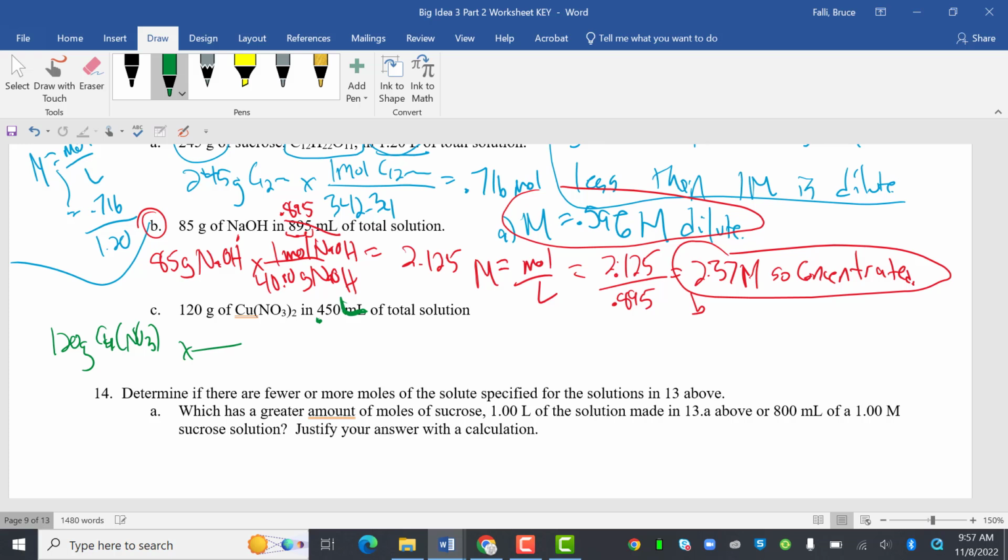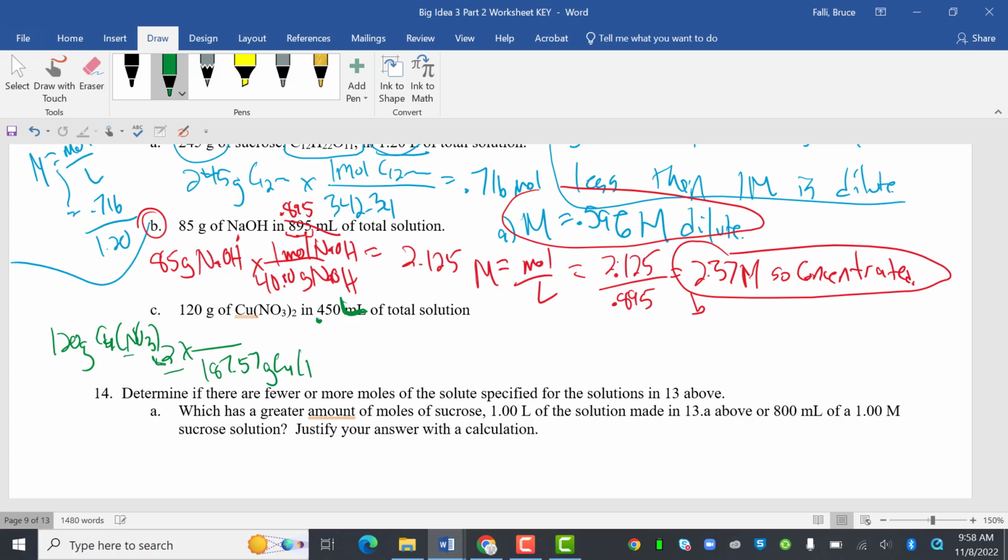Gee whiz. Can you tell I'm writing on my lap here? So copper is 55, oh, 63. I'm forgetting copper's molar mass. What is copper's molar mass? Oh man, it's 63.55. So copper is 63.55 plus quantity 2 times 14.01, so I have 2 nitrogens, plus quantity 6 times 16. Remember, you multiply that, don't add it. Equals 187.57